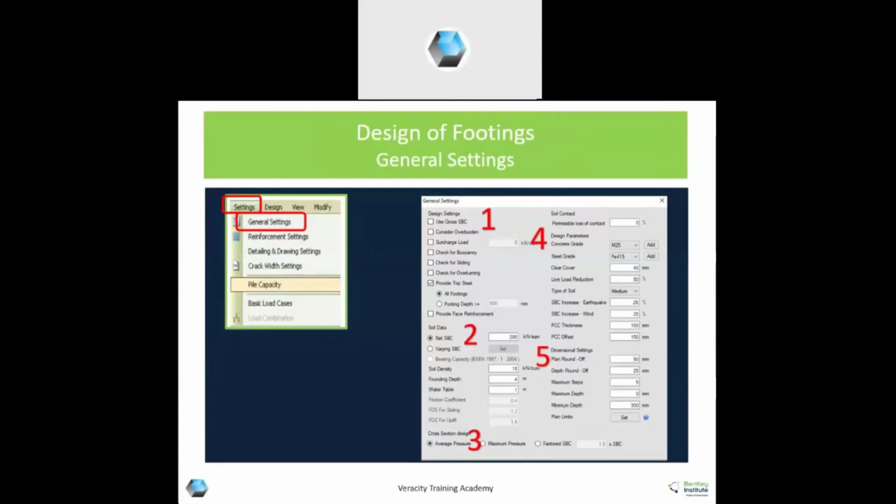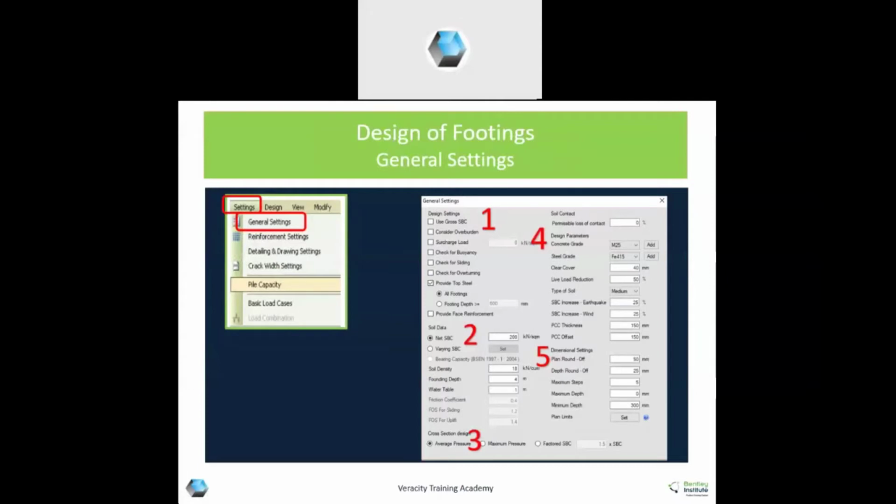Next is footings, design of footings. In footings, again, general settings, you have to specify SBC. One number which I have shown, here it is written use gross SBC.